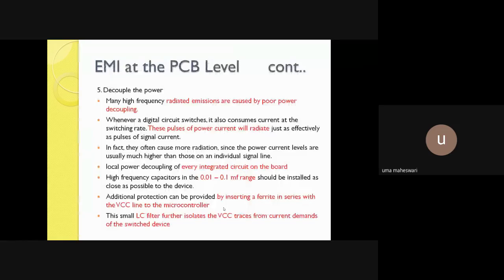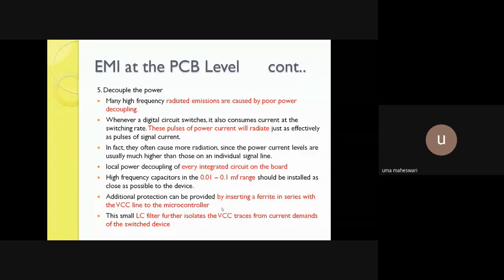Again, the fifth point is the decoupling of the power. Radiated emissions are definitely caused by poor decoupling. So we have to apply either 0.1 microfarad or 0.001 microfarad capacitors in proximity to the controller or high frequency components. These simple capacitors can play a major role. Or on the power side,